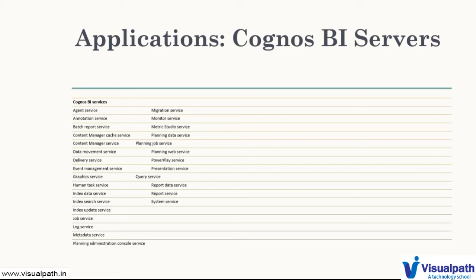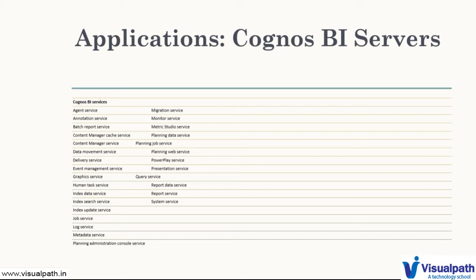So normally a developer does their work in a development server, and then deploys those developed reports to a testing server, where the testers test those reports, and if everything is fine, the report is deployed to production where the business user consumes those reports. So how does this happen? This happens with the help of the import and export feature of Cognos. We will try to understand how import and export are done in our future videos.